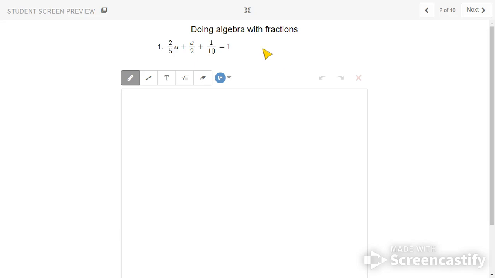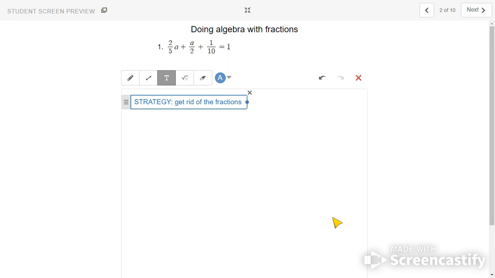Let's do some questions where we have fractions. One of the key things that we can do in solving an equation with fractions is to first get rid of all the fractions. Now, how we're going to get rid of the fractions is to divide out the denominator. So our denominator here, we have a 5, we have a 2, we have a 10, and in our last term,